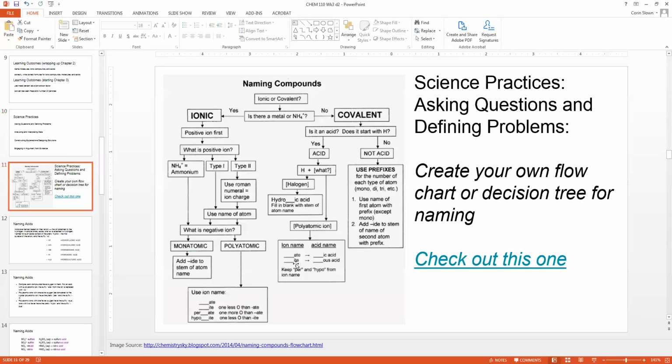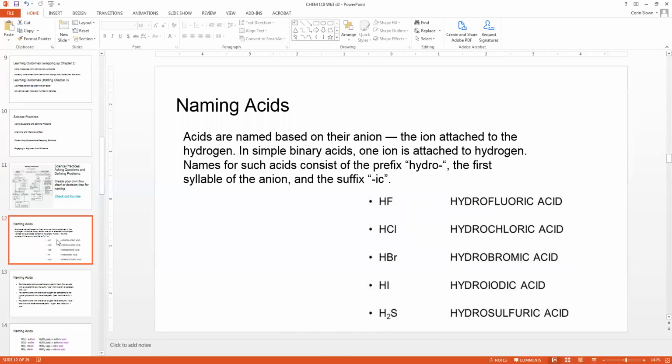we're solving. So as a reminder, you're going to do a quiz today, and hopefully for your quiz, you have available your own flowchart or decision tree. If you're not sure about what that could look like, there's an example for you to check out here that was created using Coggle, which is technology or software that you can use to create your own concept maps. But you could also create it by hand. It's entirely up to you. The thing that's not on the quiz today is naming acids, because we haven't talked about those yet.